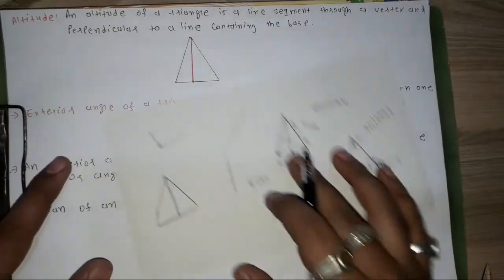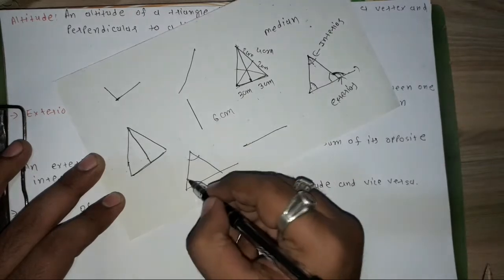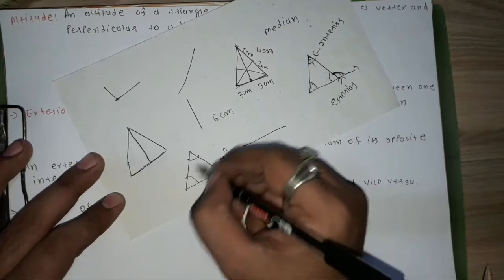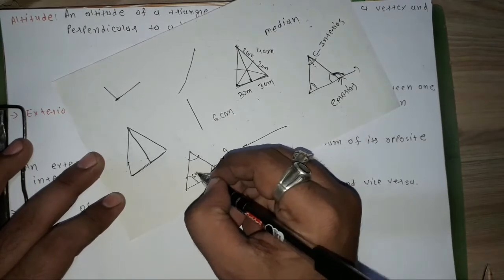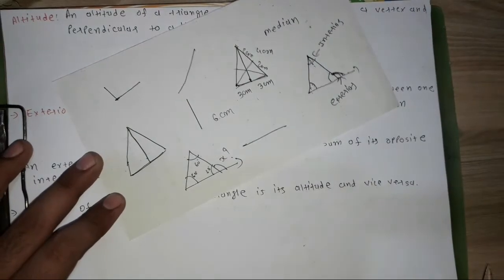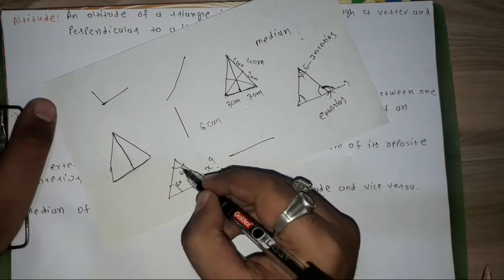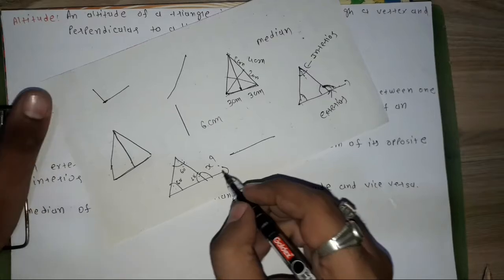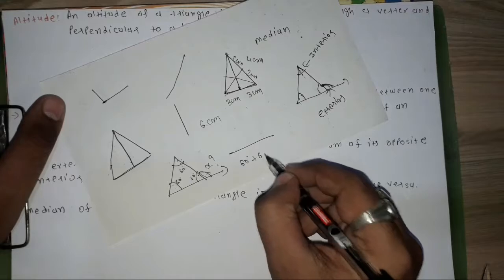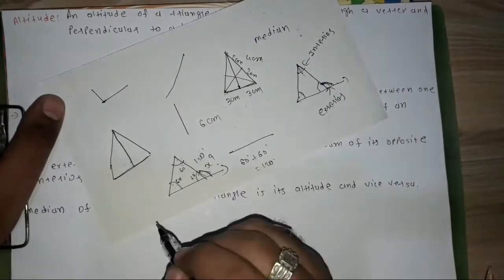For example, in an exam the question will be like this: a triangle is given to you, and the question will be to find the measurement of this angle, which is x, and the angles of this triangle will be given to you, which are 60, 60 and 60. So how to find the exterior angle? The exterior angle is equal to the sum of its opposite angles. So the opposite angles to this angle are these two angles, 60 and 60. So to find the value of this angle, I will add these two. If I add 60 degree plus 60 degree, I will get 120 degree. So the measurement of this angle will be equal to 120 degree.